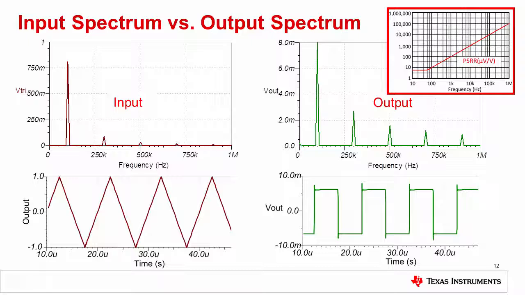In this example, the triangle wave has translated into a square wave because of the high-pass filter transfer characteristics of the PSRR function. In other cases, the amplifier bandwidth limitations or slew rate limitations may add additional compounding factors that further distort the wave shape. The real point here is not that a triangle wave applied to the supply will translate into a square wave, but rather that the shape of the output waveform may be impacted by the PSRR transfer function as well as other factors.